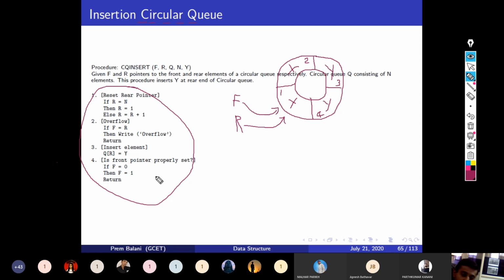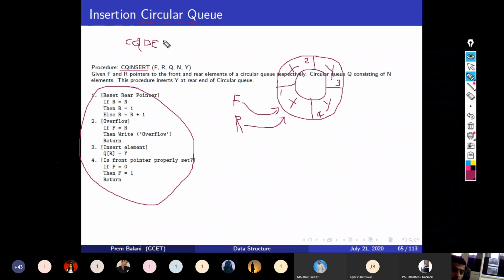Can you do this, or should I discuss the delete operation also in the circular queue? It's a very interesting puzzle-like problem. You have to write the algorithm for circular queue delete, right? CQ delete, right? What should be the arguments, what should be the steps?